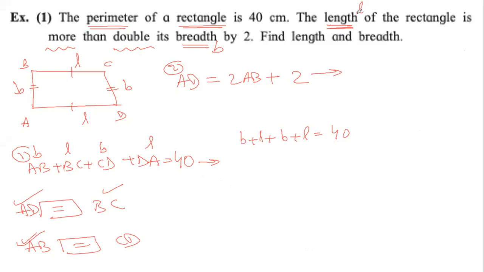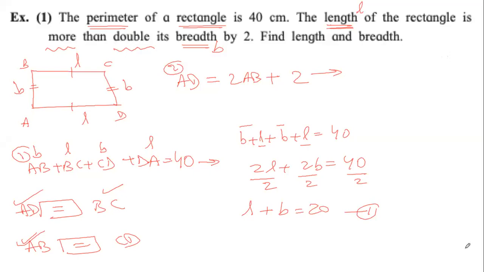Thank you. Now, if this is what we get, if we simplify this, why can we simplify? Because see, L is repeated, B is repeated. 1 chocolate, 2 chocolates. So 2L plus 2B equals to 40. Can we simplify this even further? Yes, we can, because all these three terms are divisible by 2. So when we divide all these terms by 2, 2 by 2 is 1. So L, 2 by 2 is 1. So B, and 40 divided by 2 is 20. This is our first equation. Any confirmations?